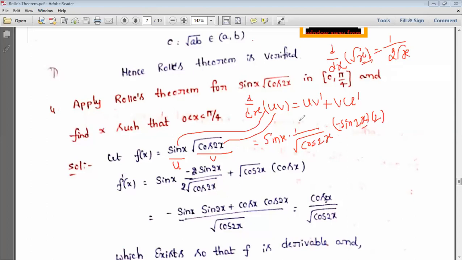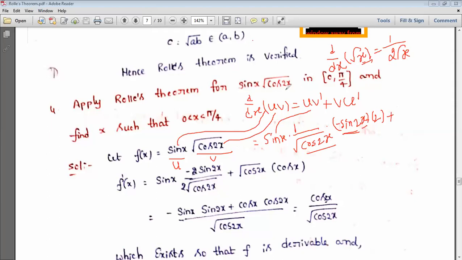So that's why you should be careful when you are applying the derivatives. So u I wrote as this, and v is nothing but square root of cos 2x, and I am applying the derivative for that. First, that is in the form of root x, so the derivative is 1 by 2 square root of cos 2x, and next you should apply the derivative for cos 2x. So the cos 2x derivative is nothing but minus sin 2x, and the derivative of 2x is nothing but 2.